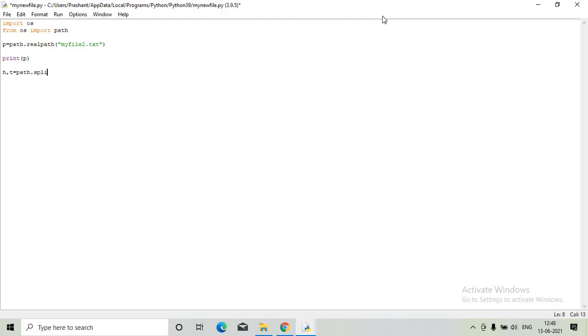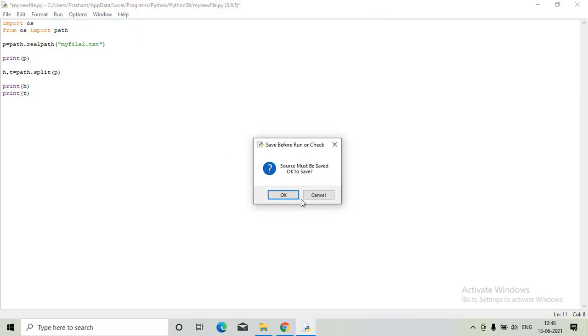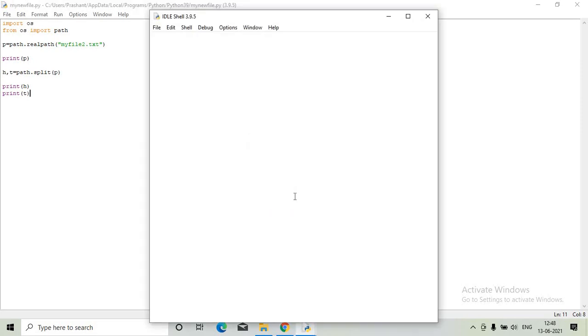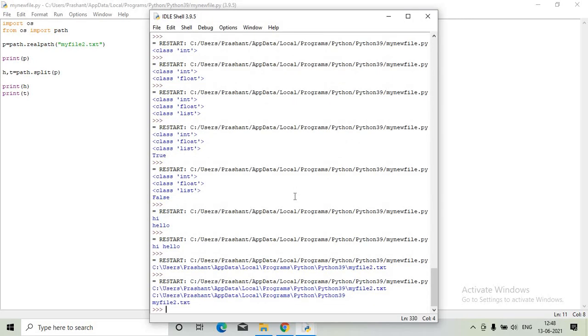We give the actual path over here, and I will print the head information and the tail information. So we get the directory and the file information. The first thing is the directory of the particular file, and the second is the particular file name. So this is what path.split does.